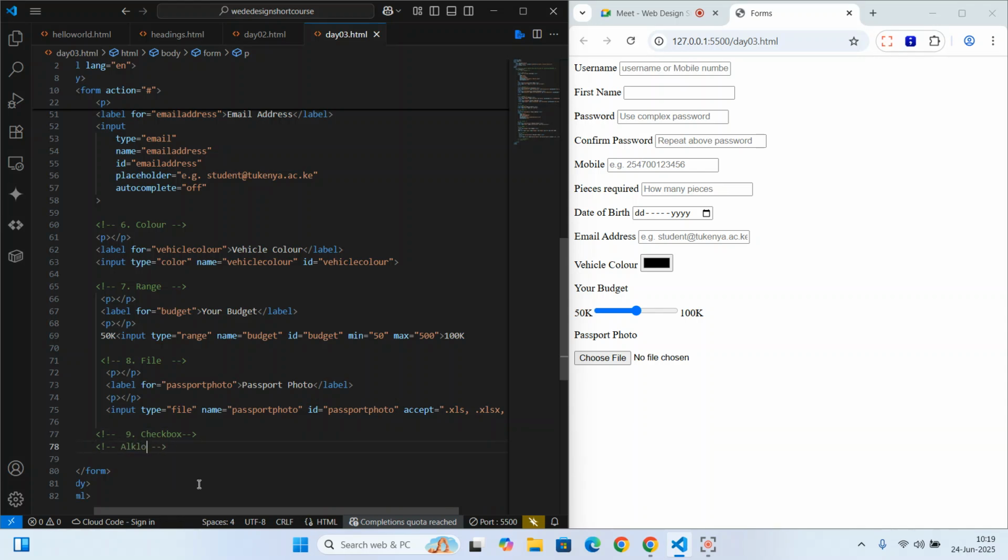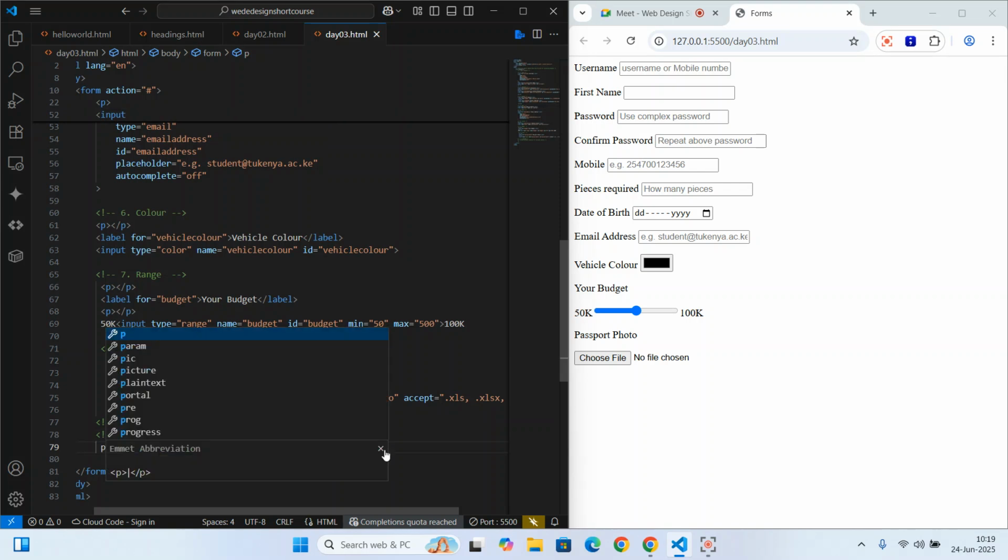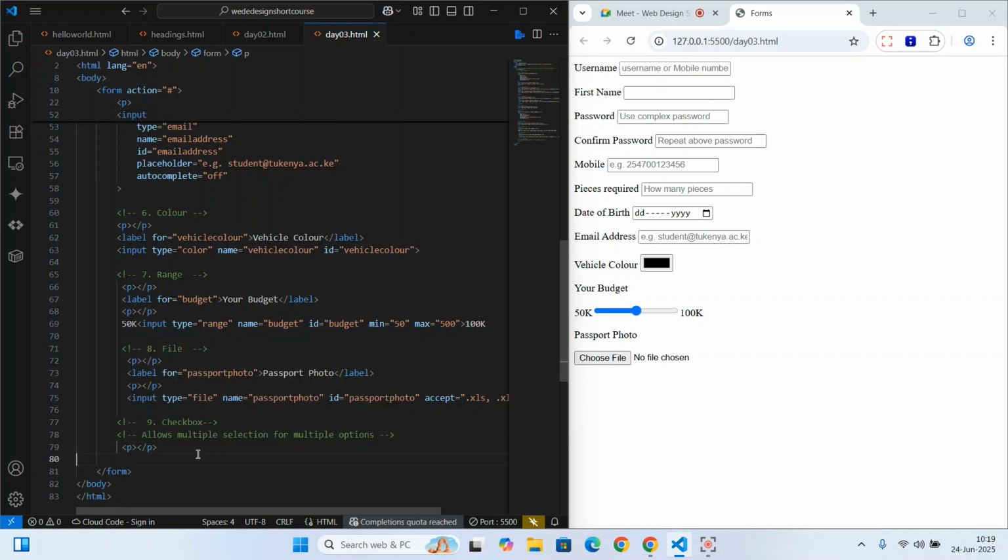Allows multiple selection for multiple options. So I'll give you options, then you can choose one or two or more than that. So a classic example here, I can put a paragraph here, then I can put a label here